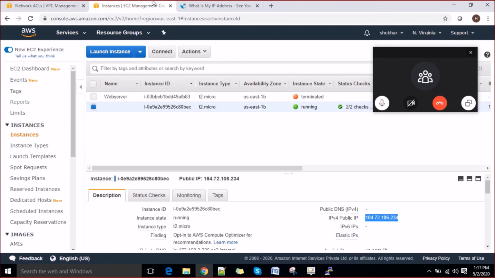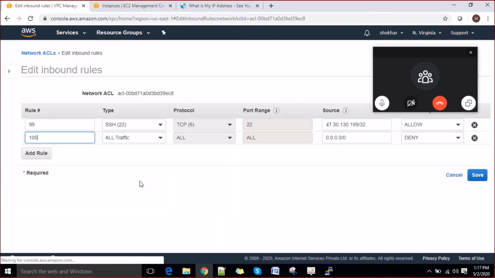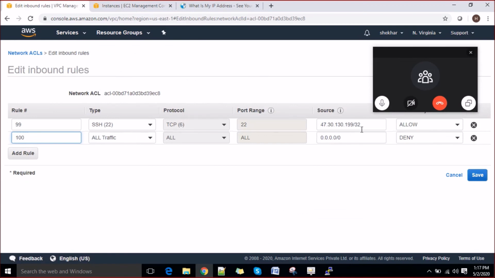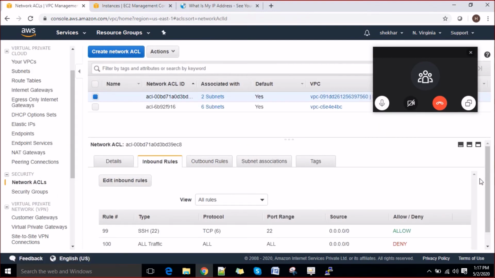But again, if I allow in my NACL, let's say I go again here to my NACL and I say let's allow for everyone, guys, 0.0.0.0/0. I'll save it. So try it now, you'll be able to. Login prompt.